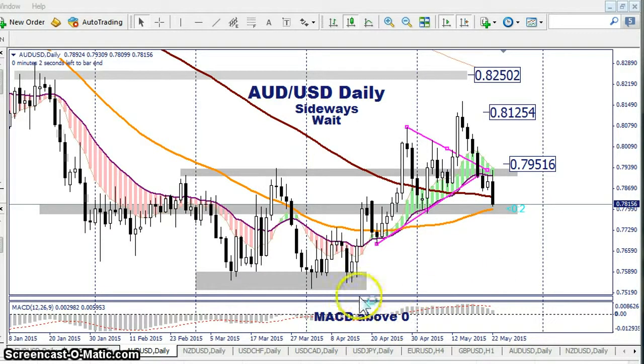The MACD is above zero. You can see that right here. We're still kind of going sideways, because the upward momentum has been broken. We're way back down low again to where we started off a few weeks ago, and again, my recommendation is